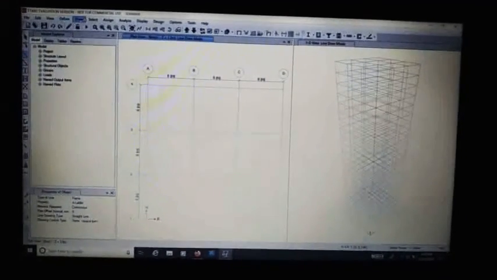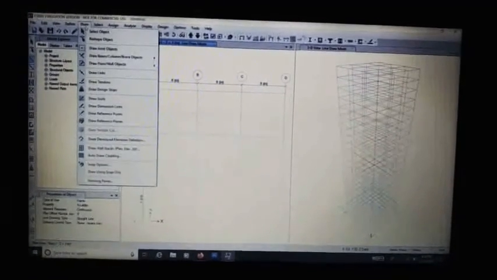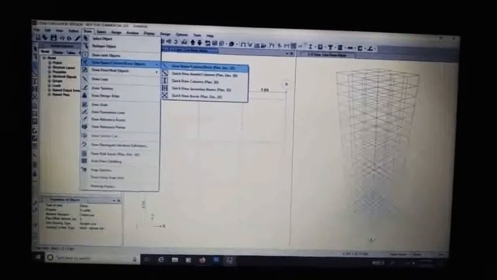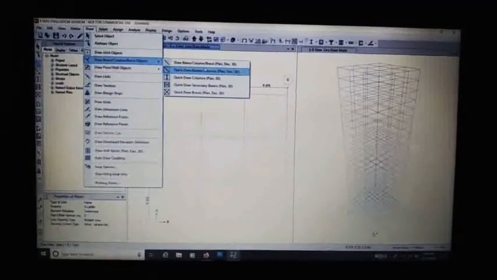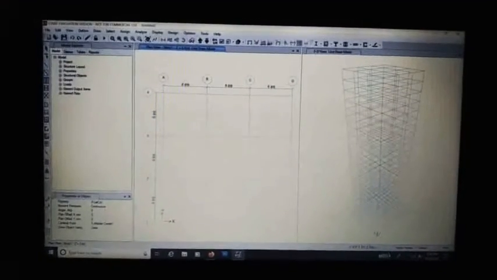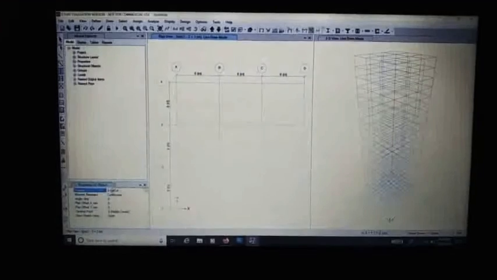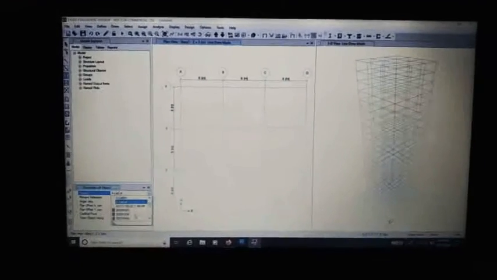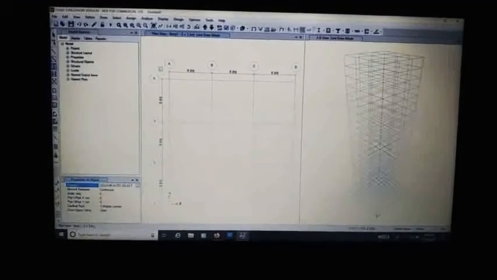Now we will go to the draw option, as all the materials and all the sections have been assigned. Now draw the beam and column. We will choose the quick draw column option. Change the properties as column auto select, which we have assigned earlier.